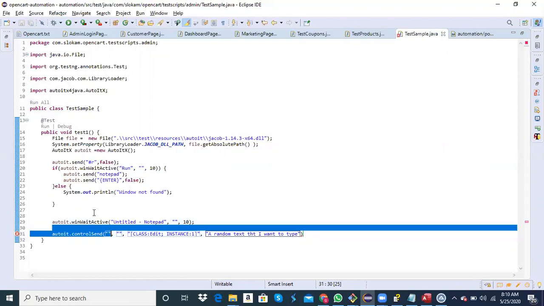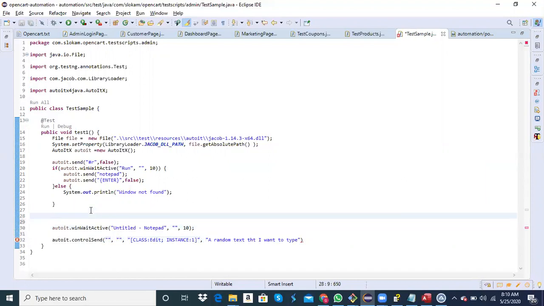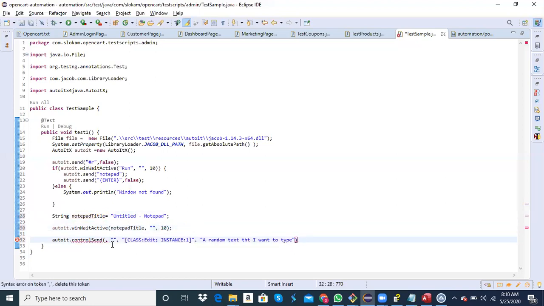So generally what we do is we create a string notepad title equals to, you'll give like this, so that you don't need to do it in multiple places, right? Now it will type.